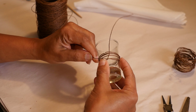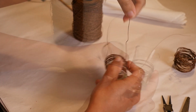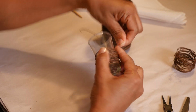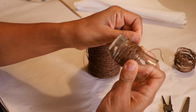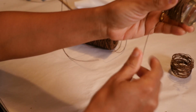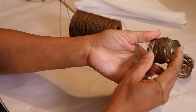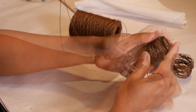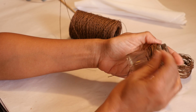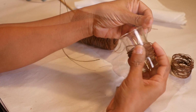I started with a longer piece that I extended over the top in the center. And I'm just going to roll it around, very random, up and down, crisscrossing it to make something that looks like a little nest. When I get the thickness I want, I'm cutting it in the back, kind of long, and then I'm just going to thread the wire in through the back and the inside and just sort of weave it back up to the top. Go back around to the front